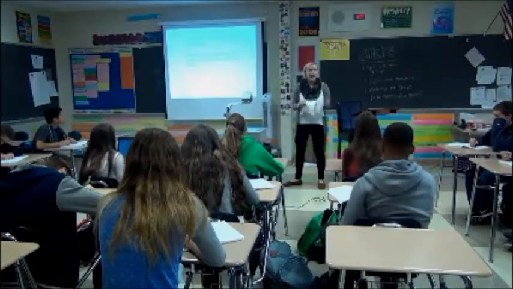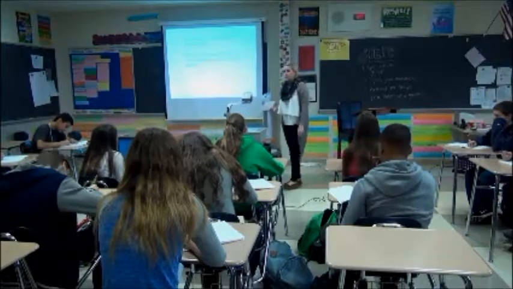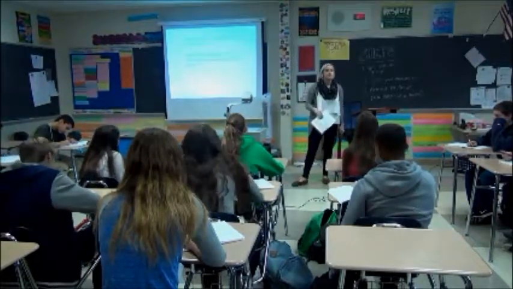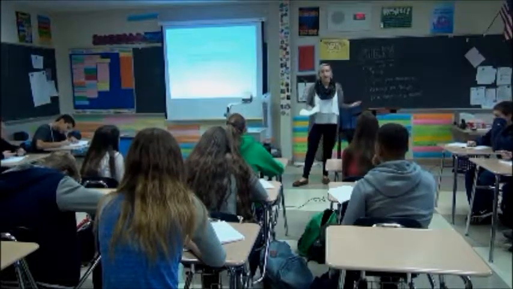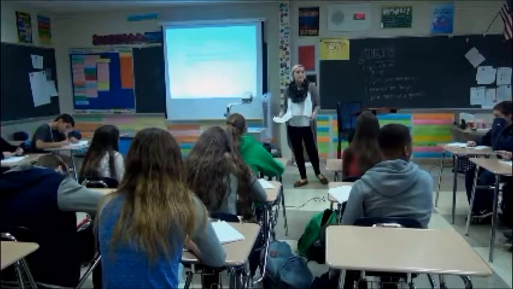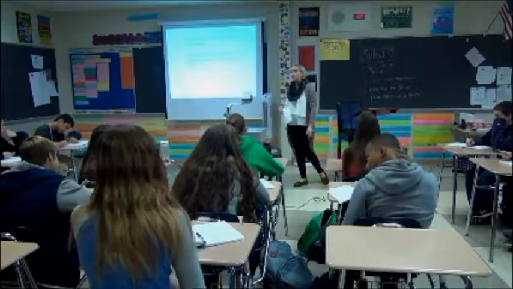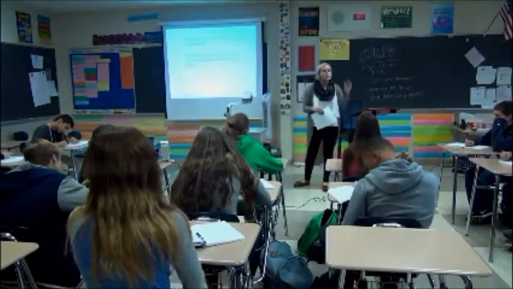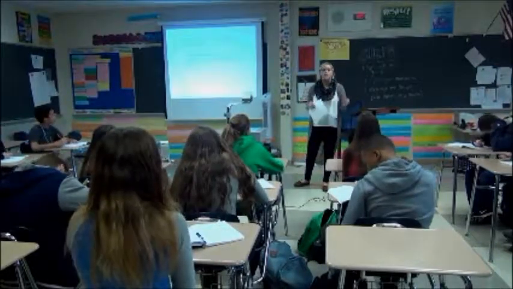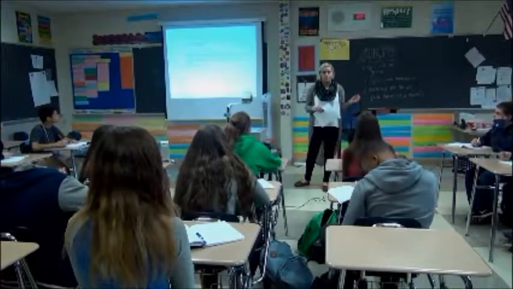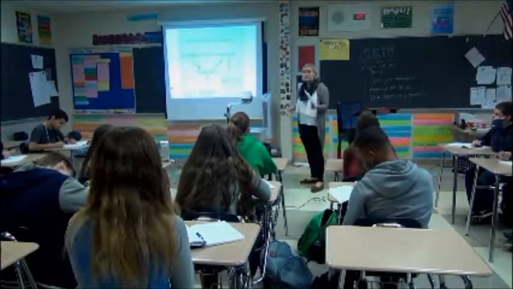Arguments are not meant to be absolutes. What do I mean by absolutes? Always right. Like, there is gravity. I can't argue against gravity because it's just an absolute known fact. So when you're making your arguments, you're not trying to prove that everyone else is wrong and what you are saying is right, but you're just trying to get as close to the truth as possible. And that is Toulmin's theory of argumentation.